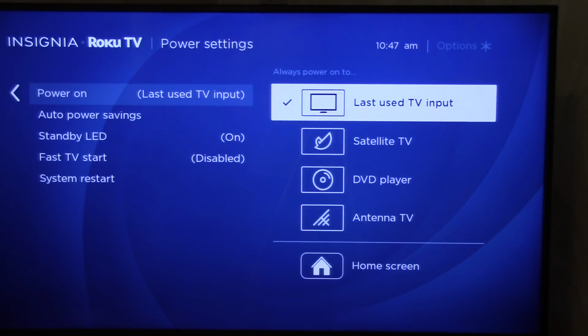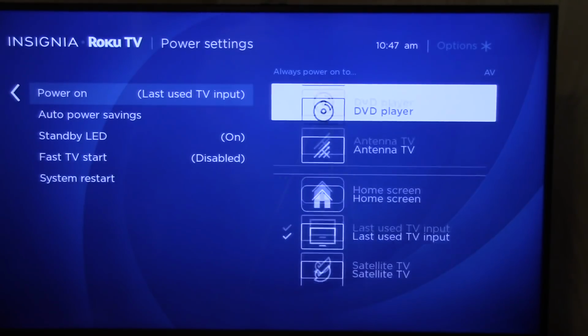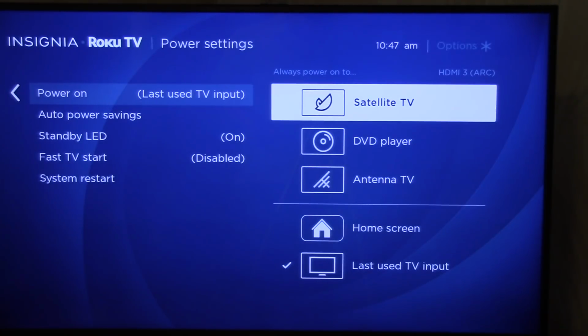Now another thing I liked about this is it very easily marks the inputs for what most people are going to have. I got my free-to-air Z Gamma box hooked up to it, so I just call it my satellite TV port, which is basically the HDMI 3 port. I ended up plugging it into HDMI 3. Now this being a 4K TV as it's advertised, I actually haven't gotten my Z Gamma receiver to output